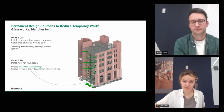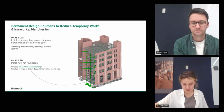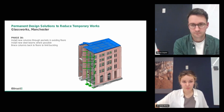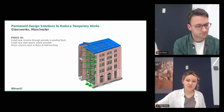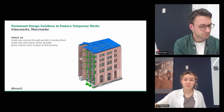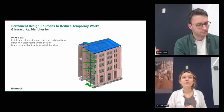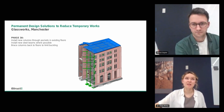In terms of the replacement of that raft and the temporary sequencing that we did for that. But yeah, so gable end walls demolished, new raft in place, and that then enabled the new steelwork frame to be put in. So essentially, pockets were put into the existing floor plates and new steel columns were threaded through, which was quite something to behold, really, seeing it happen on site, and the